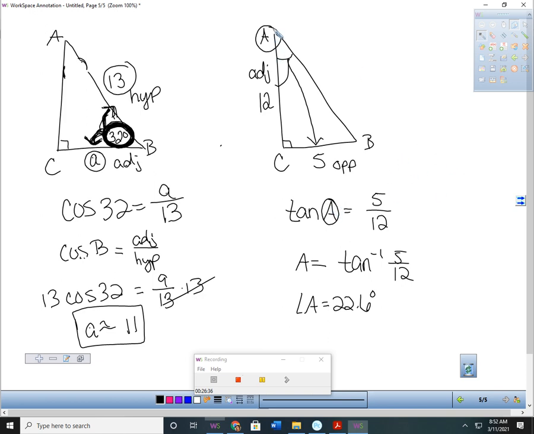But the main thing is if you're trying to find, if this is the angle you want, then look at what you have and say, that's the opposite side. That piece of information is the adjacent. I have to use